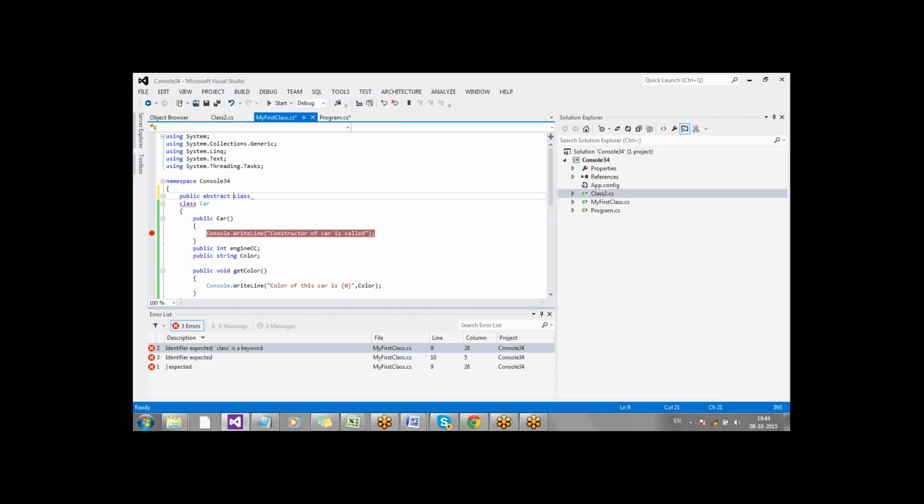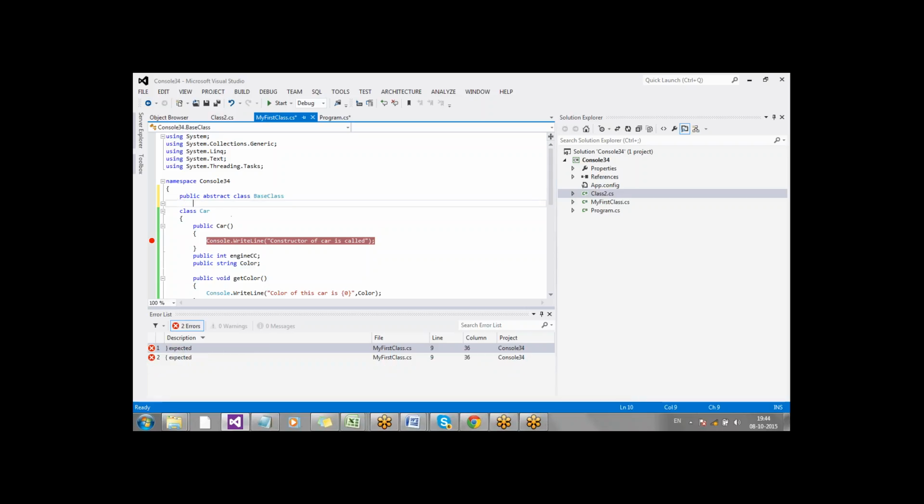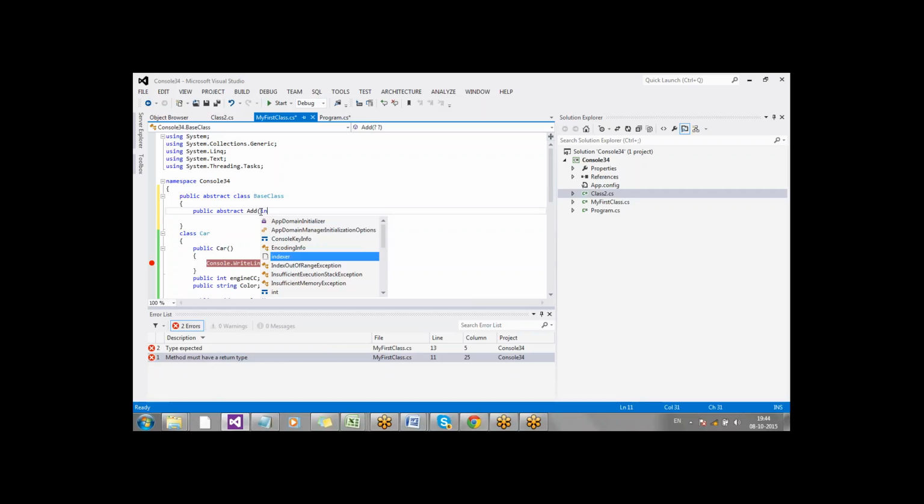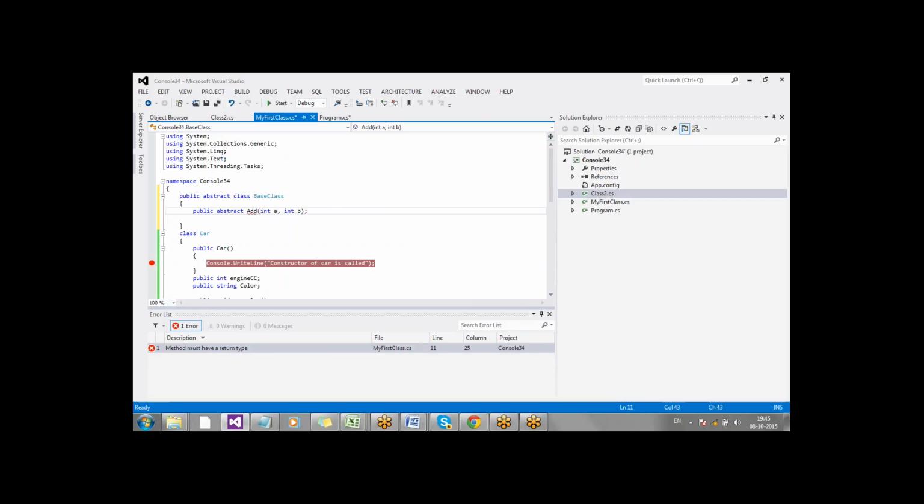I'm creating it as an abstract class. Okay, base class. Fine. And I'm trying to create some abstract methods inside it. Public abstract add of int a comma int b. Fine. Understood?